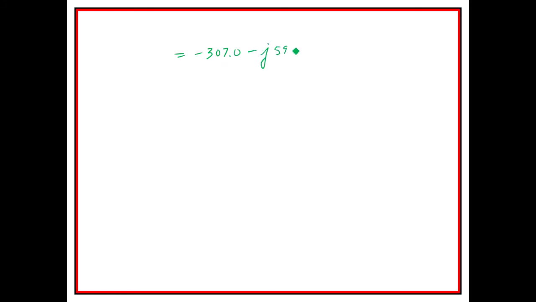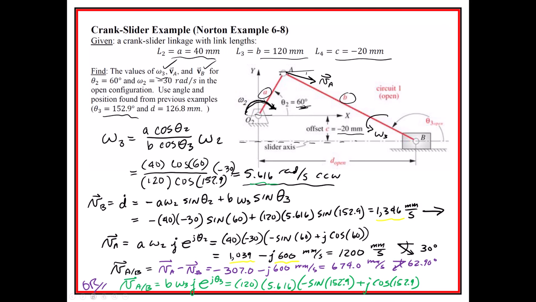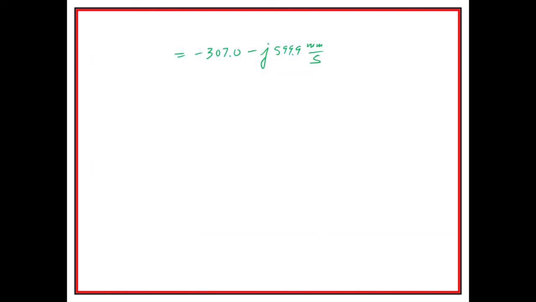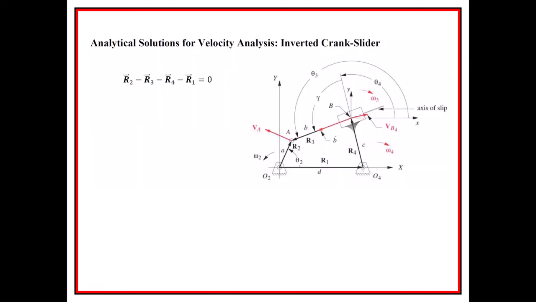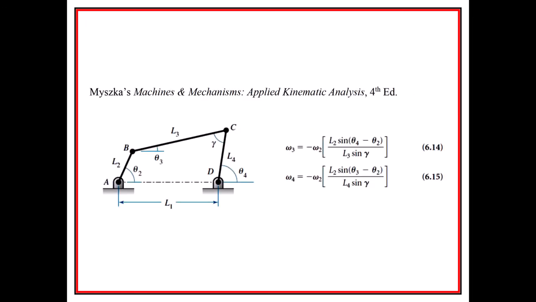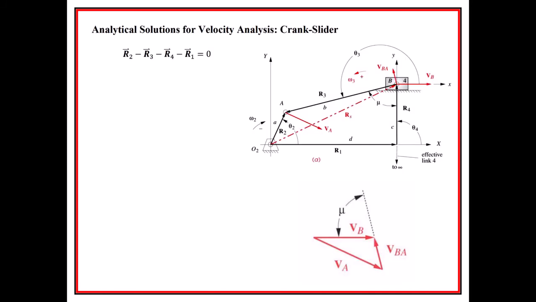And I ended up with 599.9, but we know it's supposed to be 600, because we go back to here and we can see that is definitely right here, and right here is going to be the same thing as here, right? Because the important thing as part of this, and I don't have it written anywhere. Okay, the important thing in this vector loop equation that we had, if you'll recall, for the crank slider is,